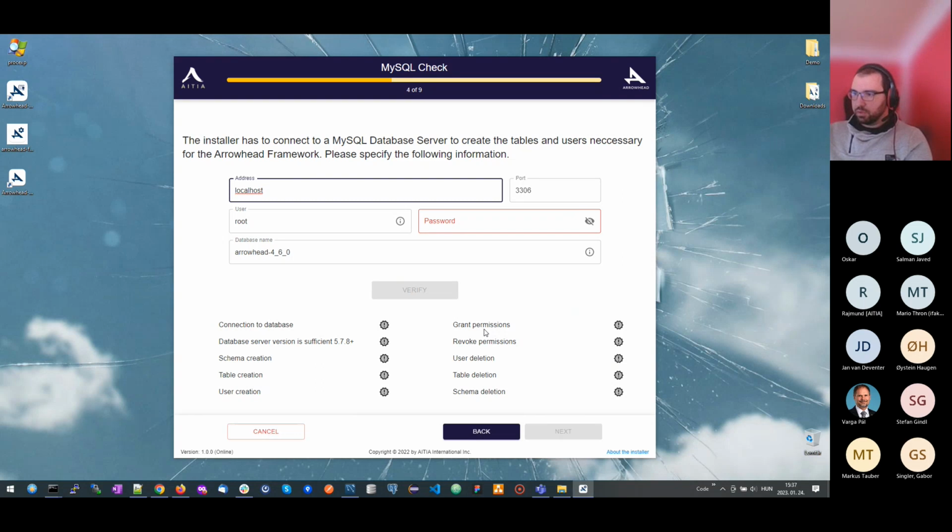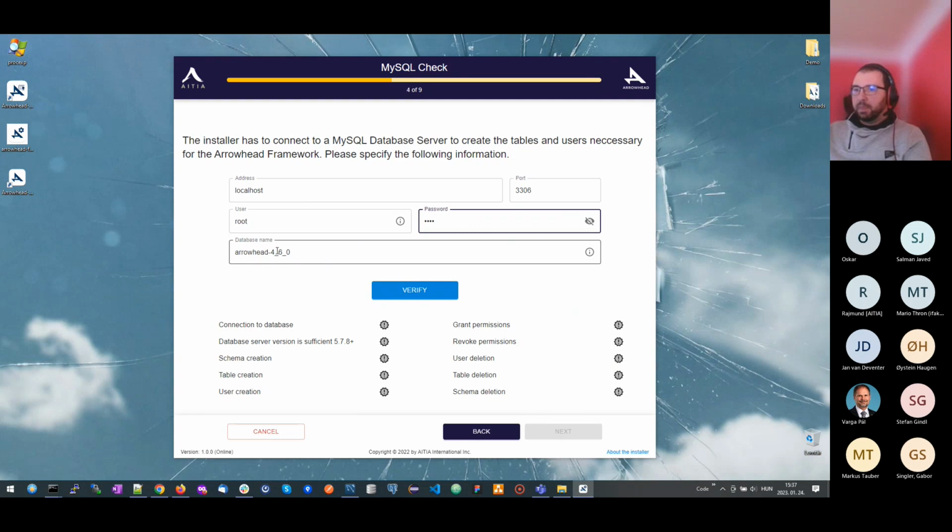We have to grant permissions, revoke permissions, delete users, delete tables, and so on. So I provide the installer with my root user and with the root password. And I can choose a custom database name if I would like. So now I use